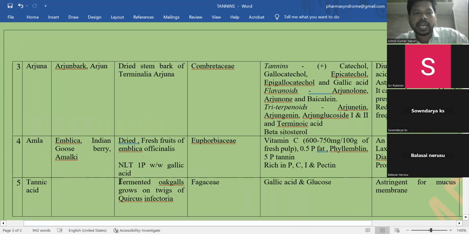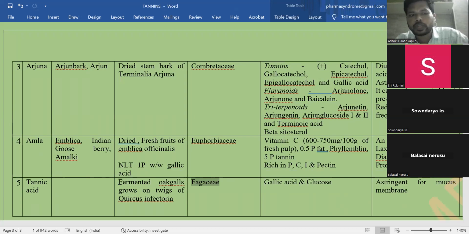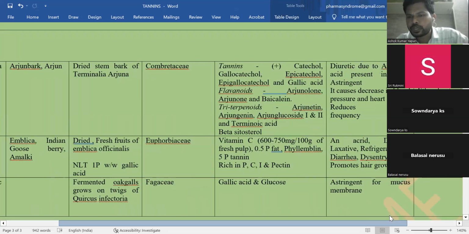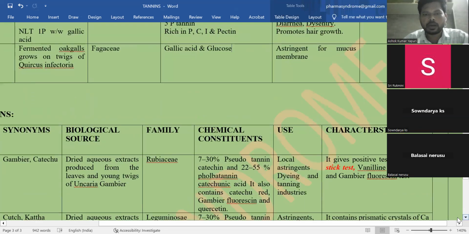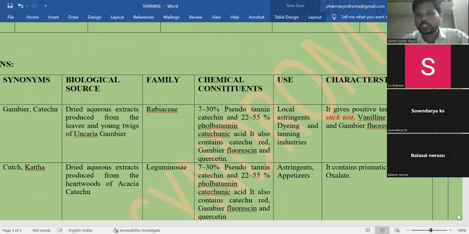And next, tannic acid. Tannic acid is a fermented product from oak galls grown on the twigs of Quercus infectoria, belonging to the family Fagaceae. The chemical constituents contain gallic acid and also glucose. In general applications, it may be astringent for the mucous membrane. And further is non-hydrolyzable